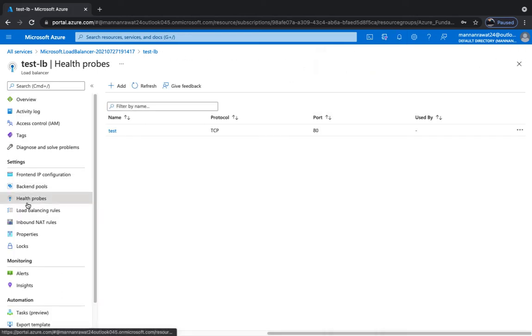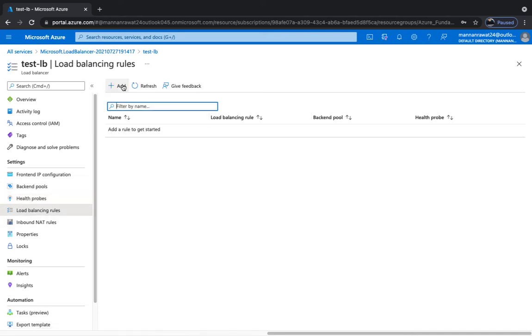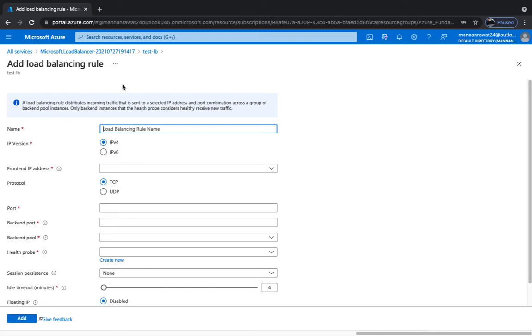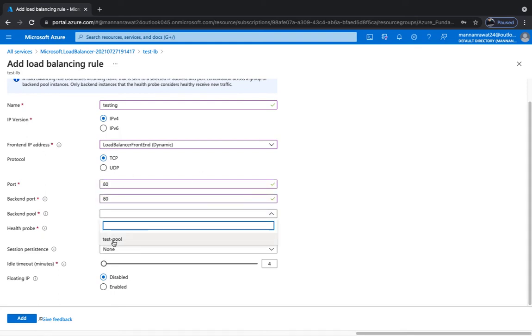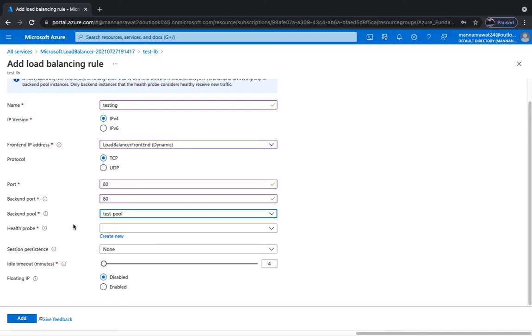Our health probe is also ready to use. Another step, the load balancing rule. For the load balancing rule, you need to provide information about your front end IP first, and select the protocol. I'm going to proceed with port number 80 because we want to access our website as well. Provide the information about your backend pool and health probe as well.